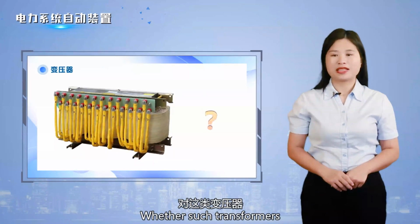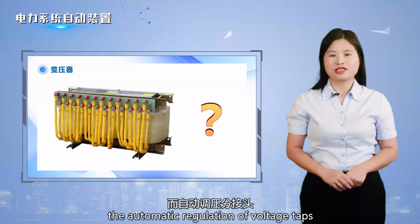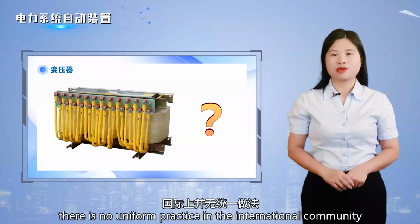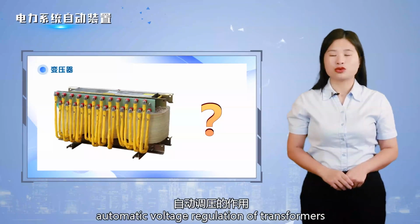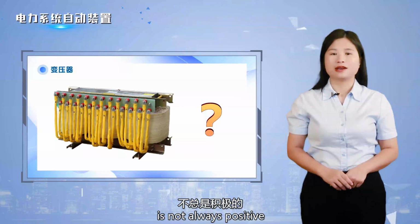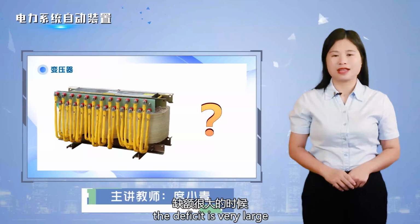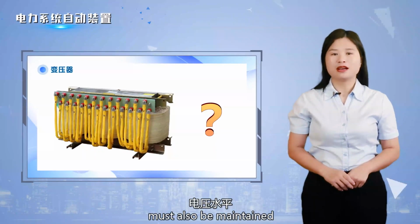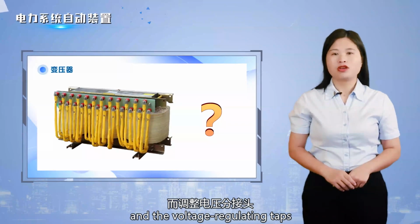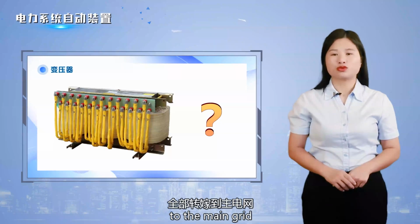Whether such transformers should be used with automatic regulation of voltage taps has no uniform practice in the international community, because the role of automatic voltage regulation of transformers is not always positive. If the system reactive power deficit is very large, and the voltage level of the load must also be maintained, the voltage regulating taps will inevitably transfer all the reactive power deficit to the main grid, which